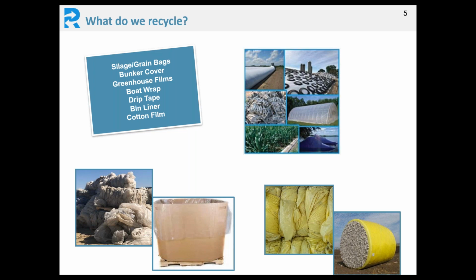areas of the country. And the critical part, again, in us picking this up is understanding that in picking it up, there is an end market. And that goes back to, again, once we recycle it, that it can be turned back into another product, because that's critical. Otherwise, you're taking a long route, right, to a landfill, and none of us want to see that happen. So our company has really focused on what are we picking up, how do we make that into something else, and how do we provide convenience to the growers, and again, an end product that can go into.